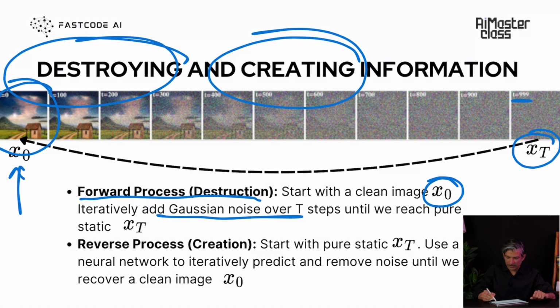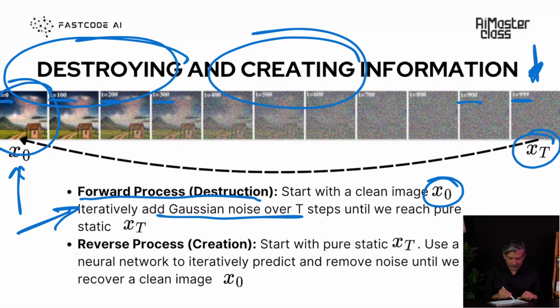So you see, this is iteration number 0, 100, 200, 300, all the way to 1000. So what we are doing is very simple. We take an image and we iteratively add Gaussian noise. We add some Gaussian noise, we add more noise, more noise, more noise. We keep doing that until we reach pure static. This is the forward process. This is easy to do. Making things bad is usually easier than making things good. So the forward process is very straightforward, and again more on that later.